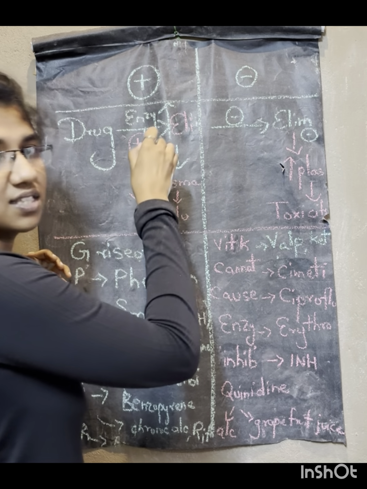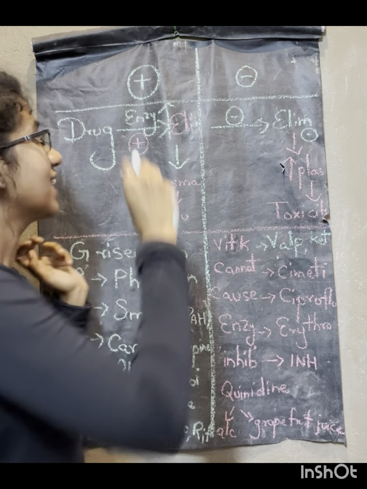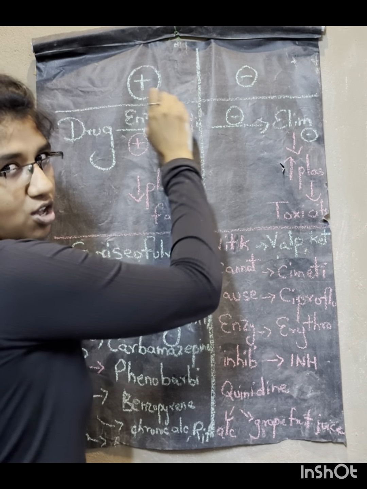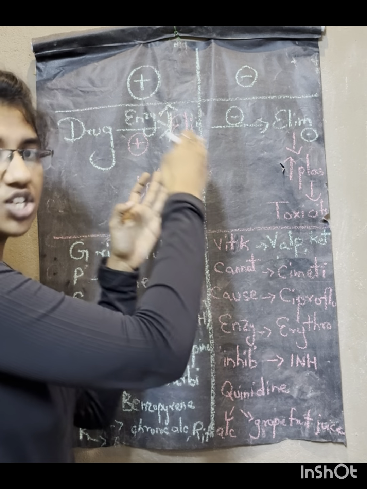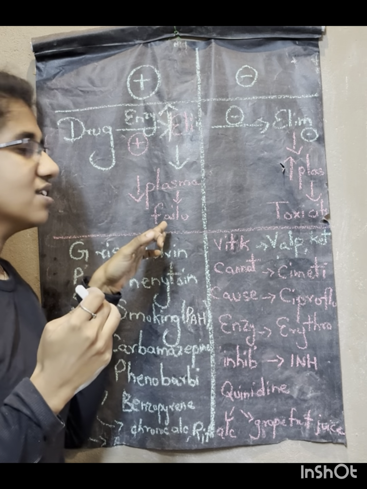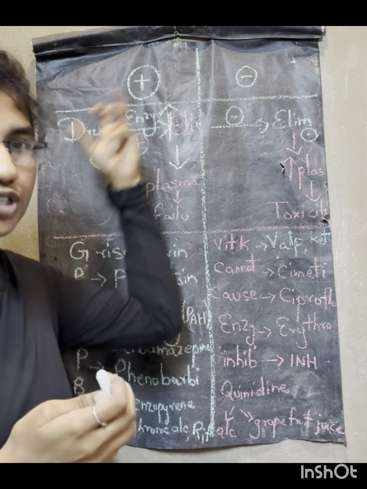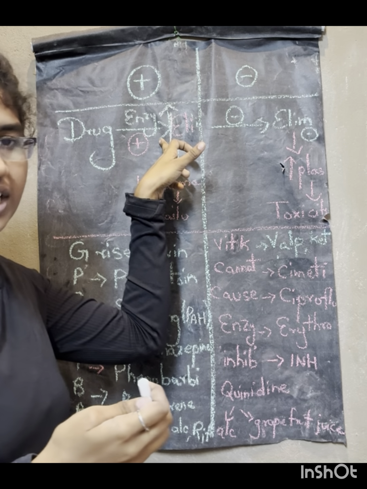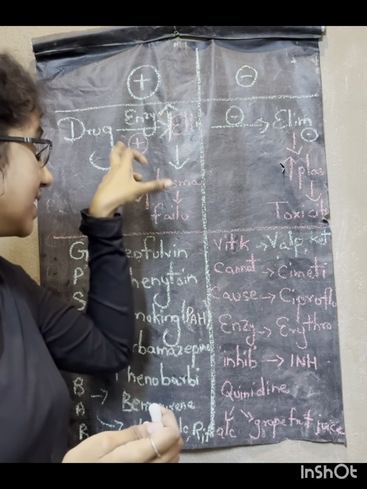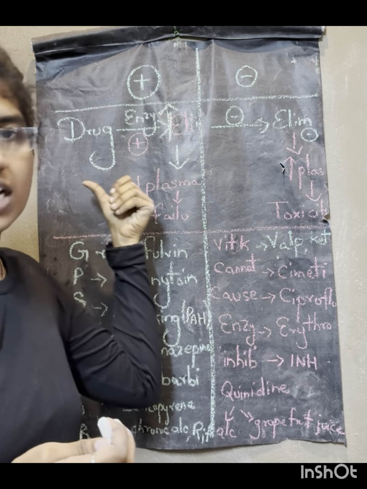When the enzyme is induced or activated, the elimination will be more. If the drug elimination is more, the plasma concentration will decrease, and that will lead to drug failure. So enzyme induction leads to drug failure, because it is inducing the enzyme that is metabolizing the drug. And on the other side, enzyme inhibitors are substances that inhibit the